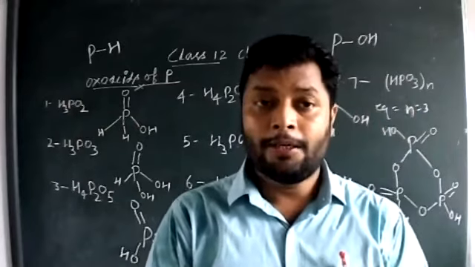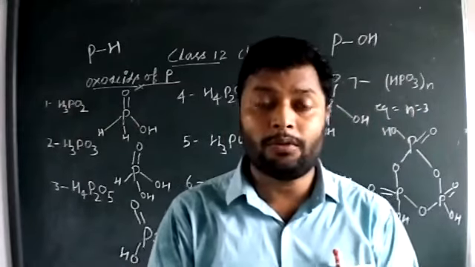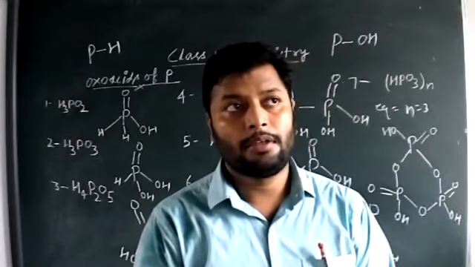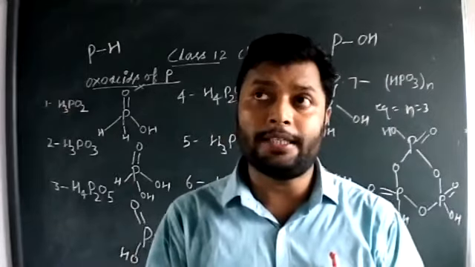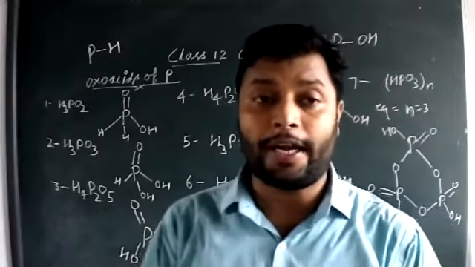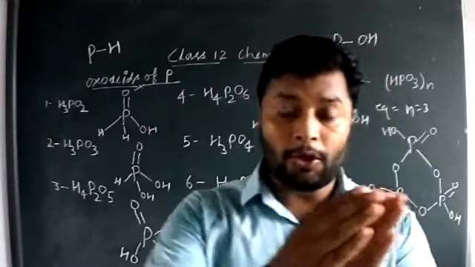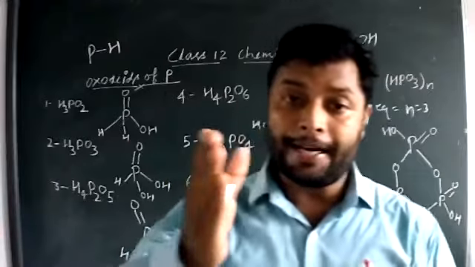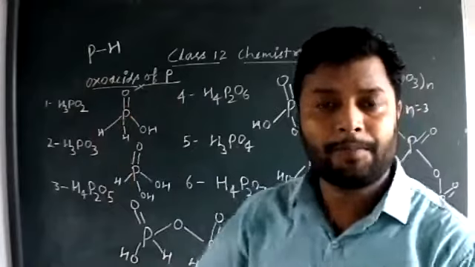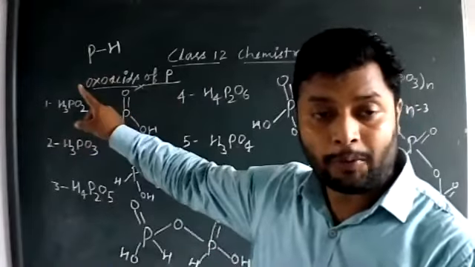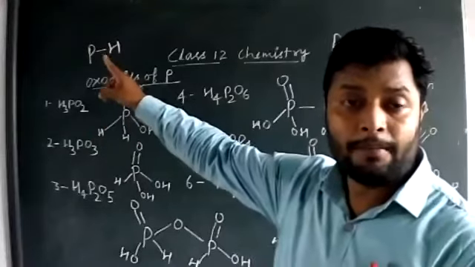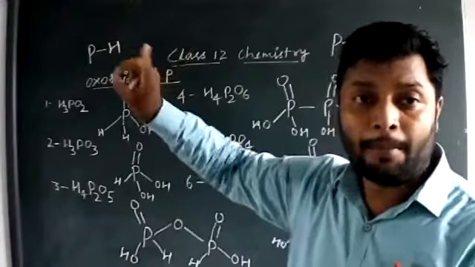Learn this name, because this agent will be used in the reduction of diazonium chloride in the amine structure. One of the compounds that will come is called diazonium chloride. So for reduction of diazonium chloride directly into benzene, we use this reducing agent called phosphinic acid. That is given in our syllabus. So you have to learn that phosphinic acid's reducing nature is because of 2 P-H bonds per molecule.